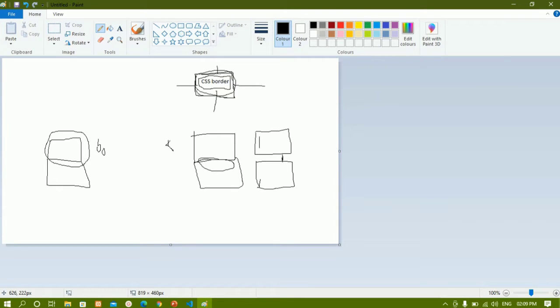Padding is nothing but giving space around the content. Here I have content, and for this I want to increase some space, so I can give padding and put the space inside. Now we are going to see a simple example, and then you will understand it in a better way.